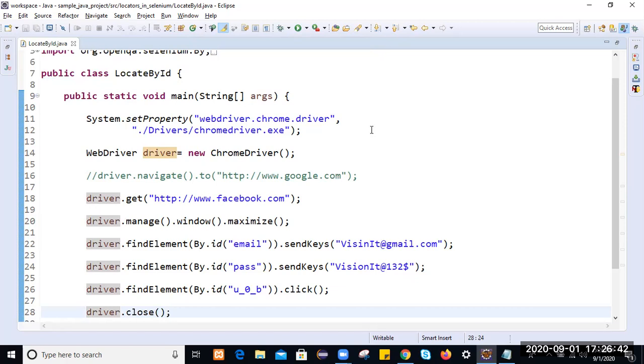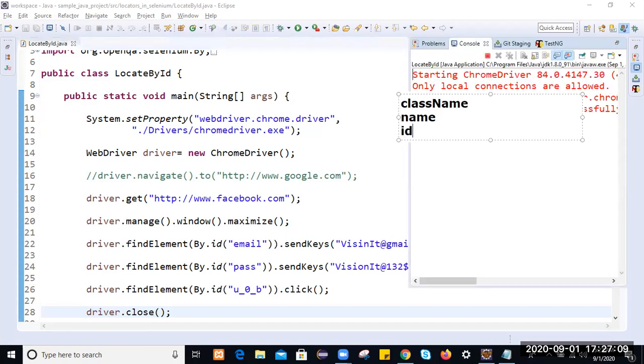Let's see how many locators we have seen. Three locators in this session. In the next session, we will go for the remaining locators. In this session, we have seen class name, then name, and ID.